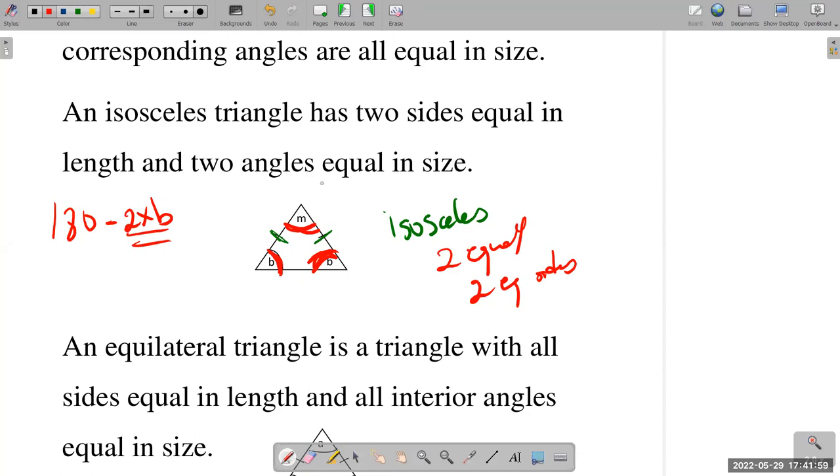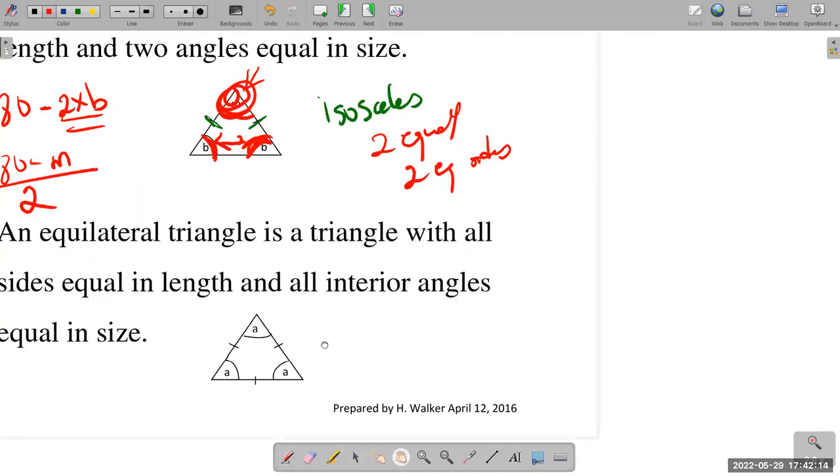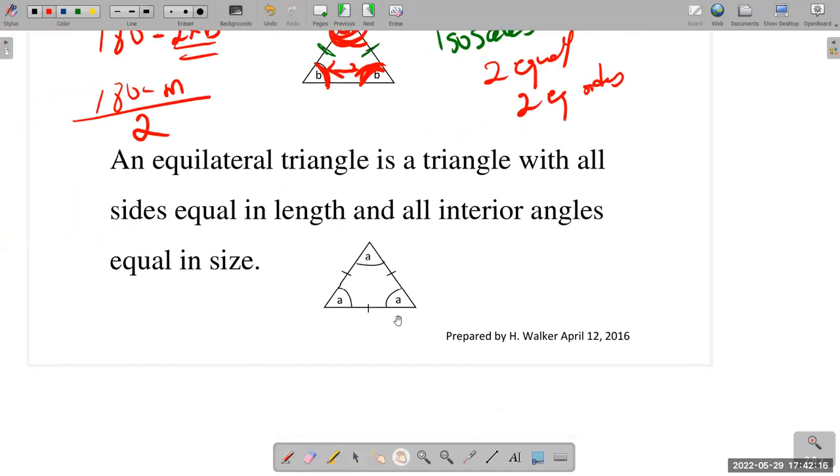What do you do if they give you M and they ask you to find B? You say 180 minus the M, and that answer you divide by 2. Because if you take away this one, what is left is equal. So you share it by dividing it by 2. Okay, very important content. Next type of triangle, the equilateral triangle, where all 3 sides are equal, all angles are